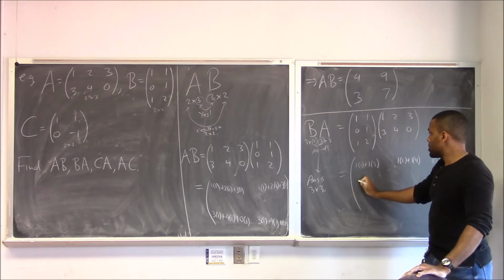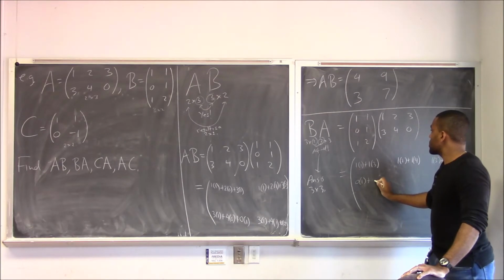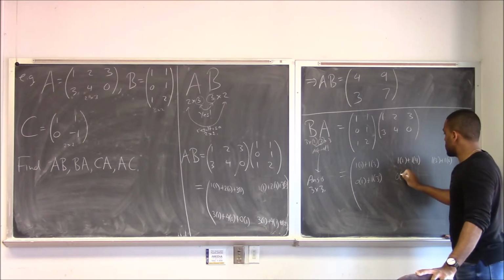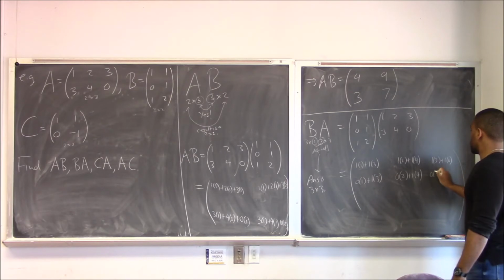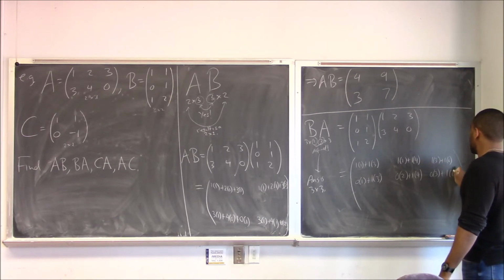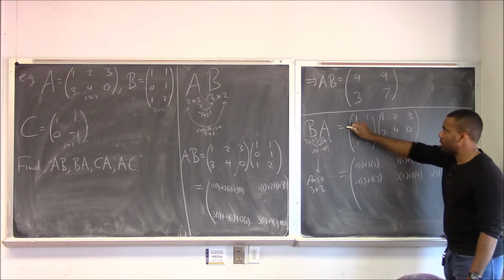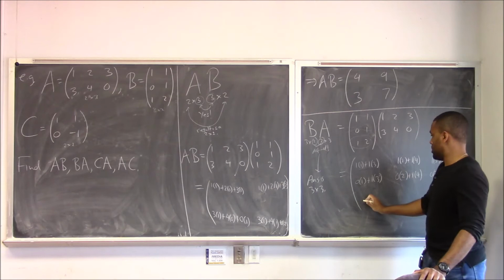So this becomes 0 times 1 plus 1 times 3. 0 times 2 plus 1 times 4. 0 times 3 plus 1 times 0. Okay, I've exhausted a column, move down to the next row because there's a third row. So I already did the first and second row, so I'm going to move down. Here it's going to be